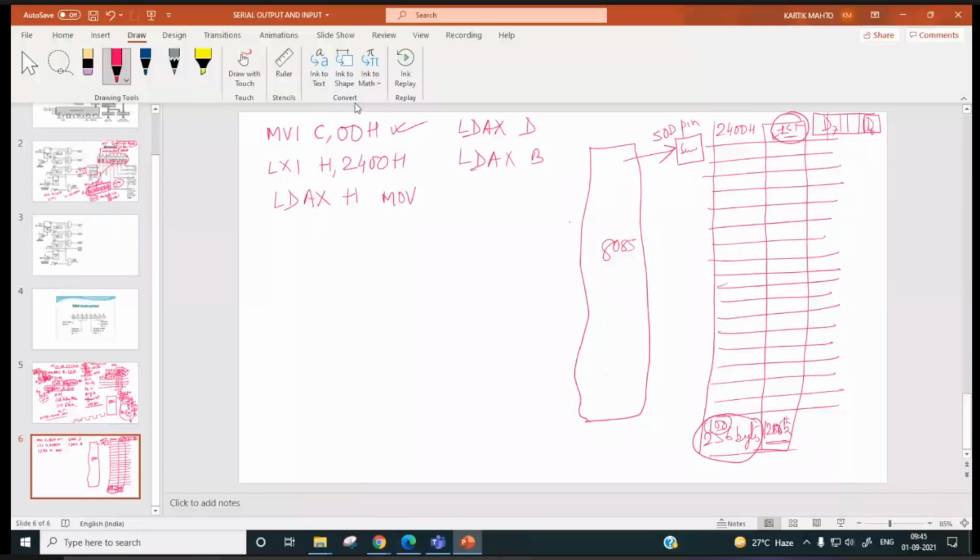MOV 2400H. Arre, 2400H to hai hi ji. Sir, move A, M. Okay, this I have written now. Move A, M is the instruction. Right?